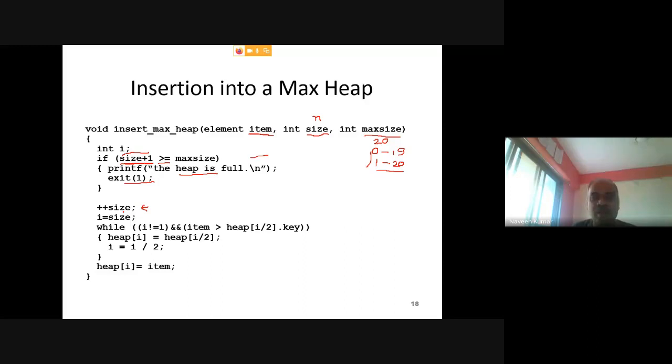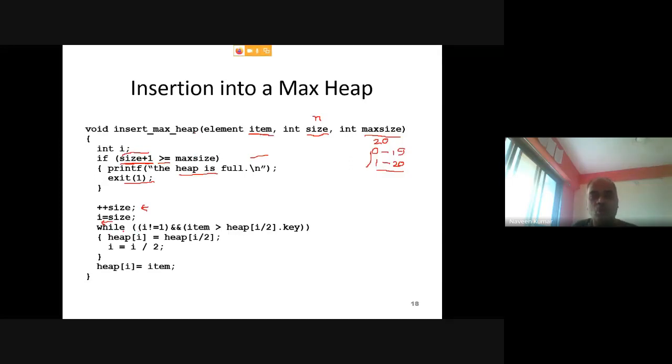So increment size by 1. Then store the index. Size is the index, right? So store this index into i. So now i will be the candidate place where you can store that new element item, right?